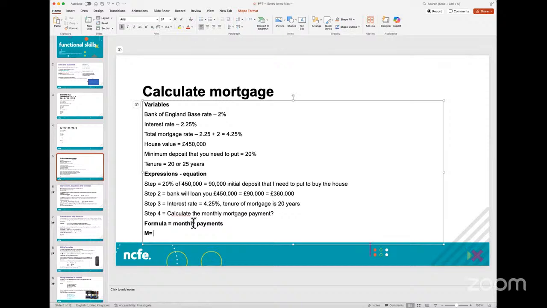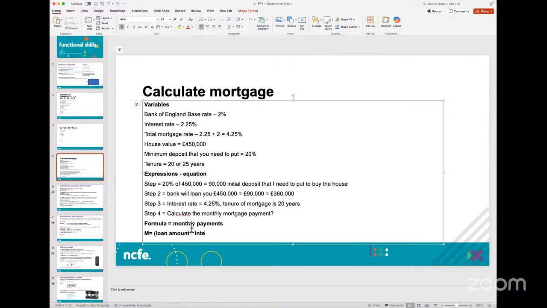And that is where formulas and expressions will come in. So these are all variables which form the expression. Then you have the information, which is primarily helping you to get to some sort of an equation. And finally, you will need to look at a formula to calculate the mortgage. So here, loan amount